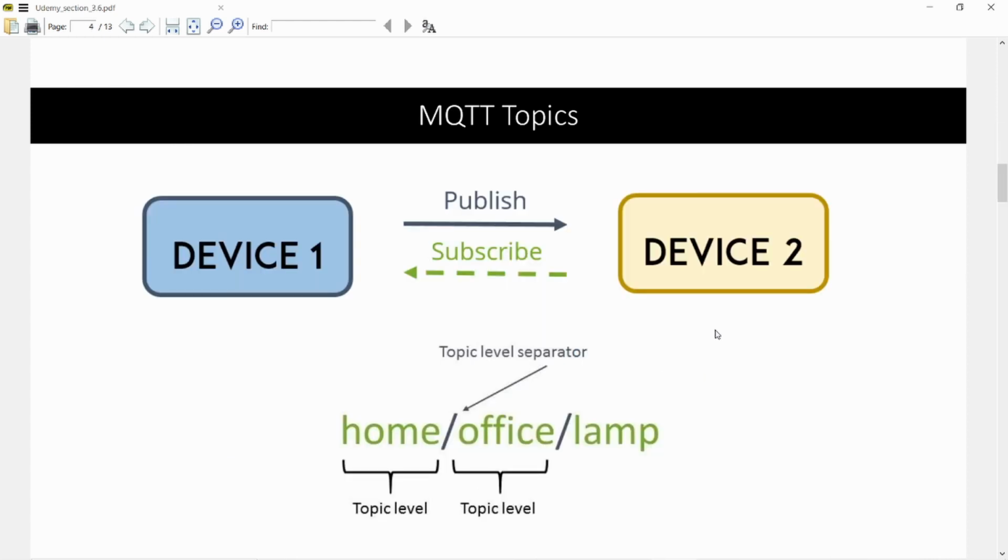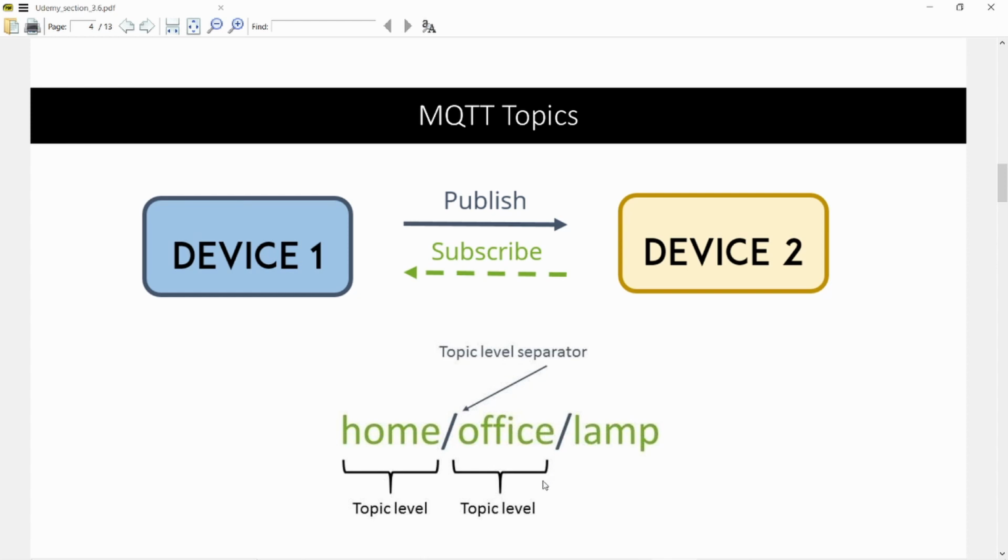Okay, so this is essentially now a bit more of a block diagram. There's two devices, you have a publish and a subscribe. This is what a topic looks like. A topic is almost like a directory structure. So you start with your top one, like say home, then /office/lamp. So you could have home, office, lamp 1, lamp 2, lamp 3, and you can have home, study, and then lamps. You can see all of them fall under home, but each one has its own sub-topic